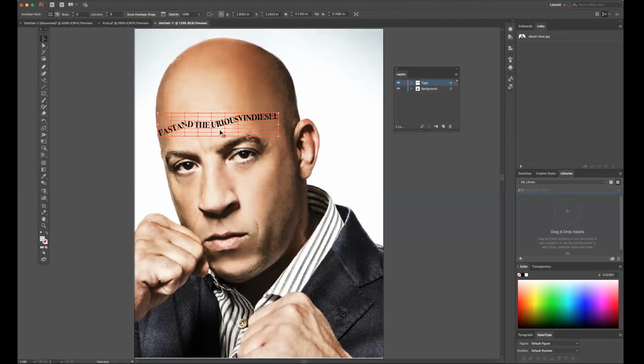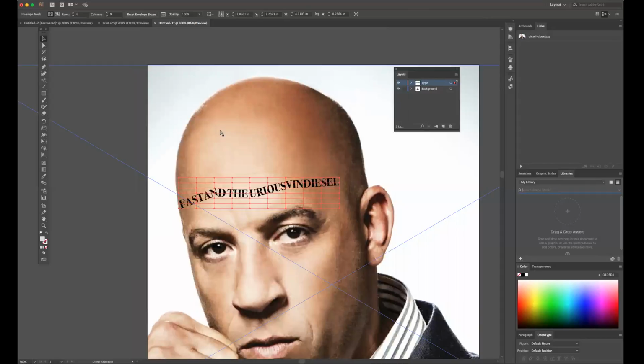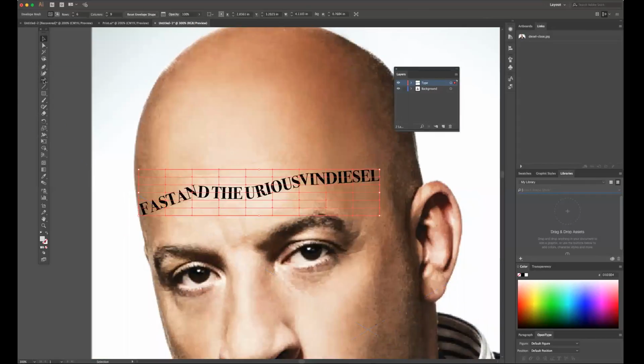And this will give me a really cool effect. So I'm going to zoom in here, and I'm going to grab my direct selection tool, and this is where I'm going to start grabbing each of the letters. I want to kind of get that F to the edge of the page. I'm going to kind of be shaping the brow a little bit.